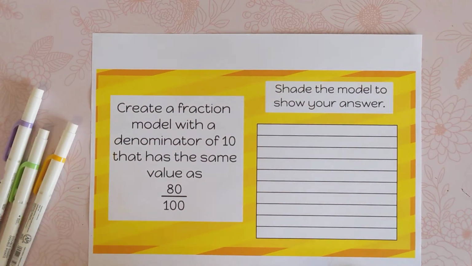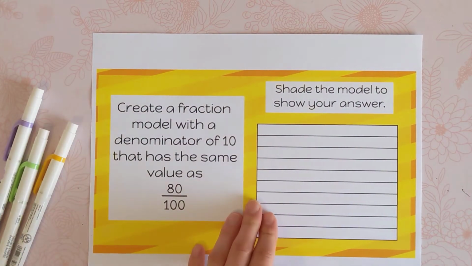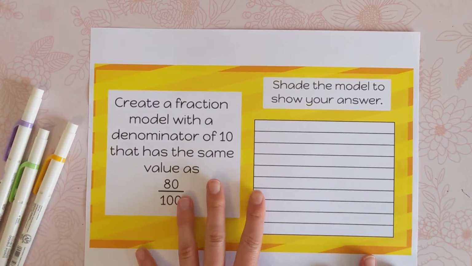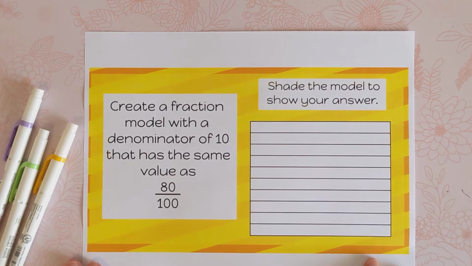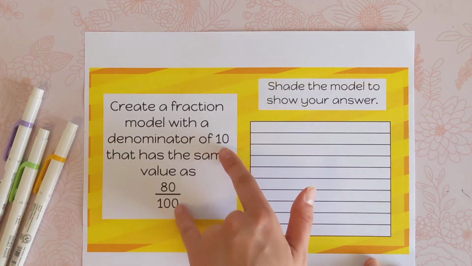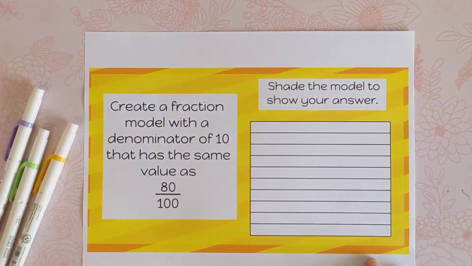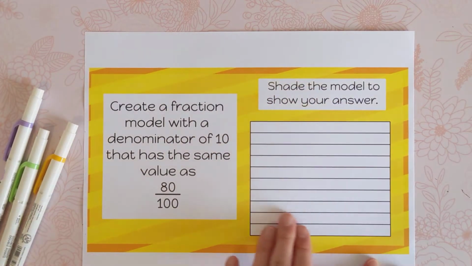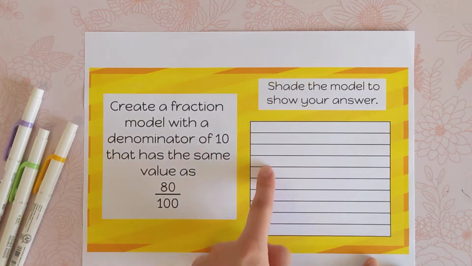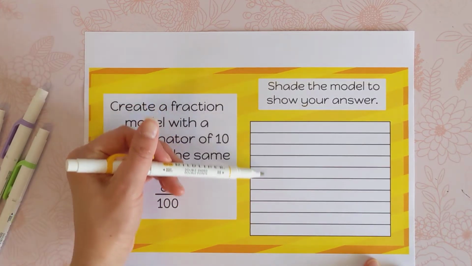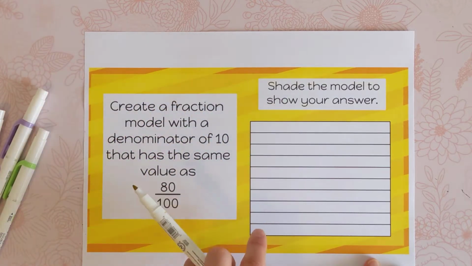This slide says, create a fraction model with a denominator of 10 that has the same value as 80 hundredths. This is a tie-in with equivalent fractions. So you're just making an equivalent fraction with a denominator of 10 and then a denominator of 100. But it's also kind of related to decimals, because if we are talking about tenths, then the model looks like this. If we're talking about hundredths, you would just imagine that this is a grid instead, and there's 100 little